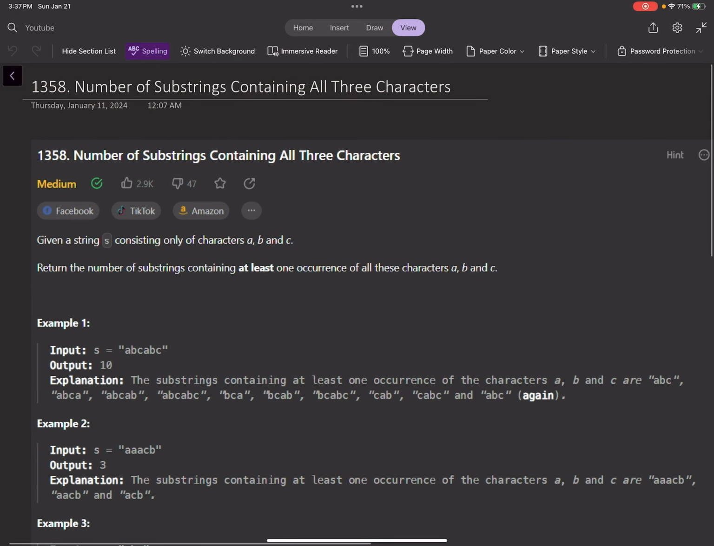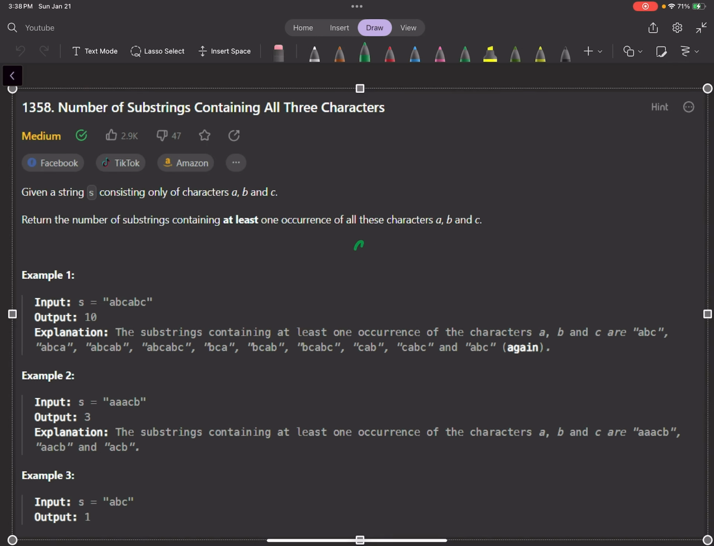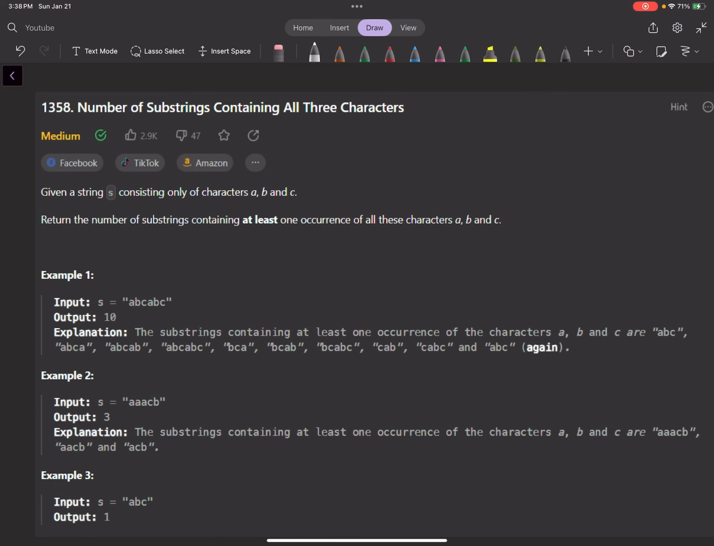Alright guys, today we are going to solve LeetCode number 1358, Number of Substrings Containing All Three Characters. The problem statement says we have to find all the substrings in a given string which contain A, B, C in it. So if we check here, in the first example we have ABC,